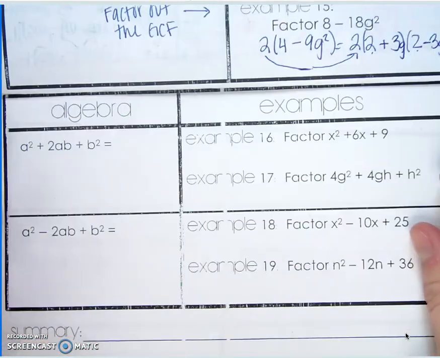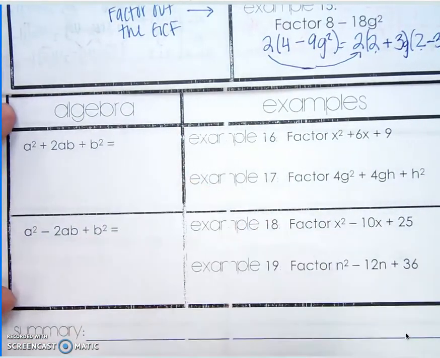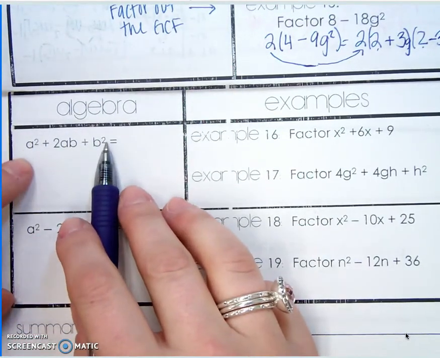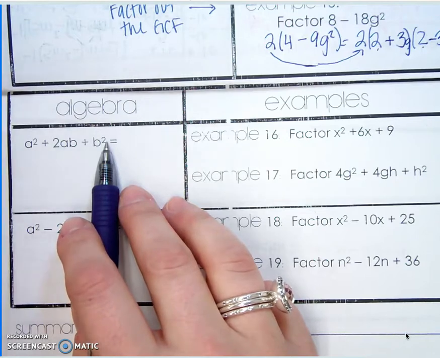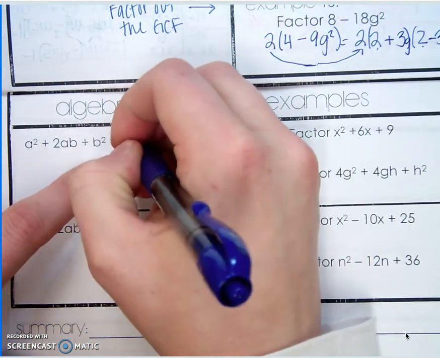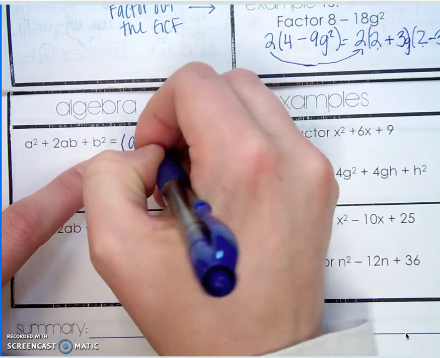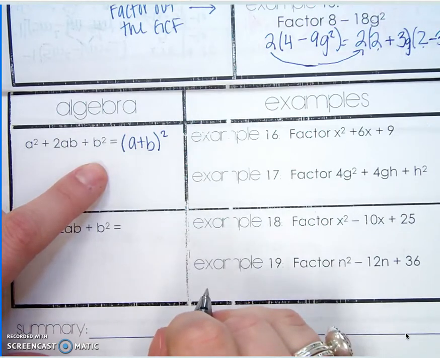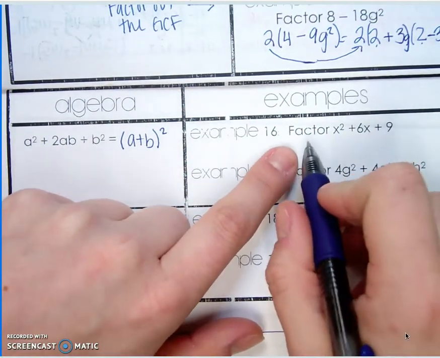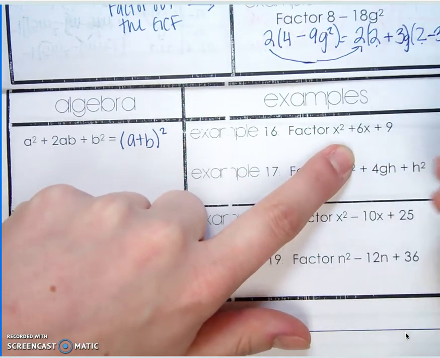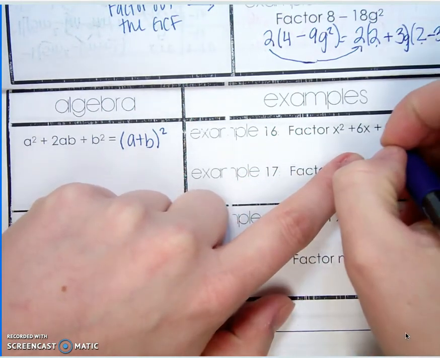All right, here we go. We're moving on to some more examples here. If this is what we're going to factor, it's always going to look like a plus b squared. It's going to be the exact same thing, and you're going to square it. All right? So then to factor it out, you can factor it out as usual. What is going to multiply